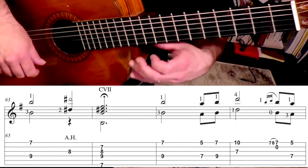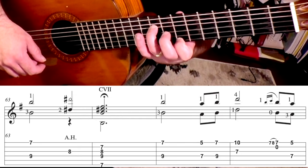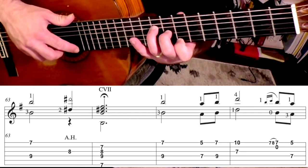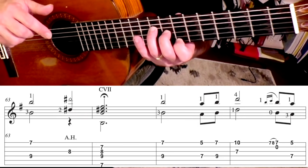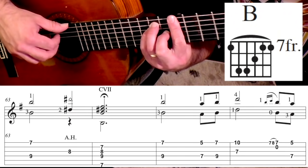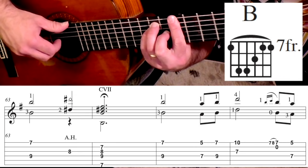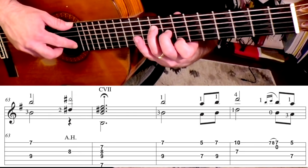And if you look at 63, we have this. And then your middle finger is free to just go to the 8th fret on the 3rd string. And we're going to do this artificial harmonic. And then we're going to switch it to a B major chord, hitting the 6, the 4, 3, and 2. So you've got this, then you have your harmonic